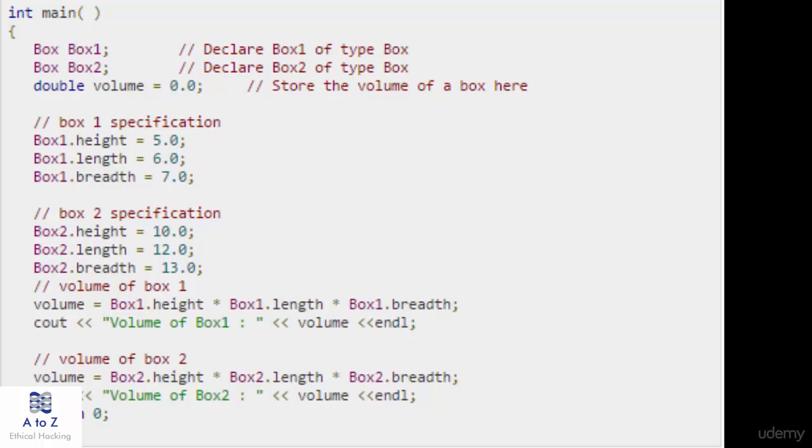Here we are just declaring box1 as a type of Box and box2 as a type of Box. So now box1 and box2 will have its own length, breadth and height because the object Box